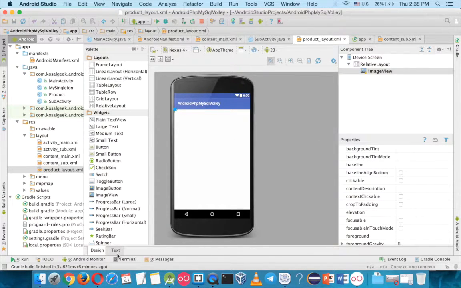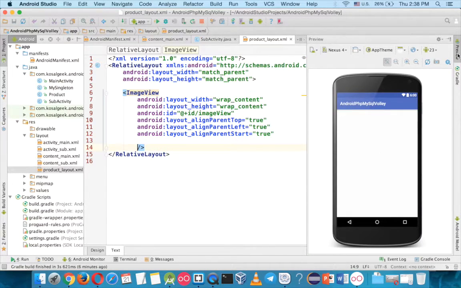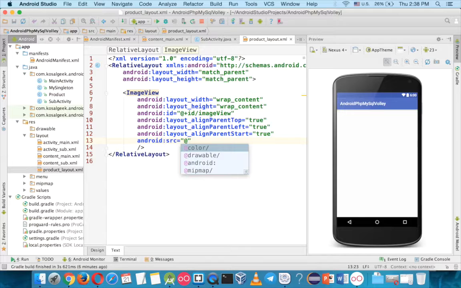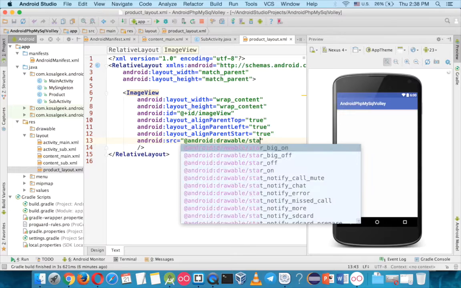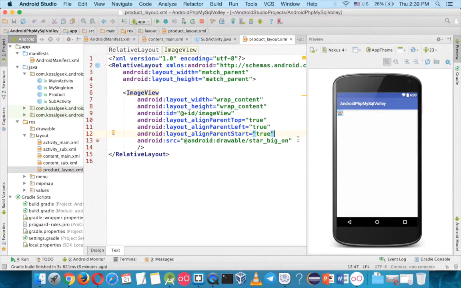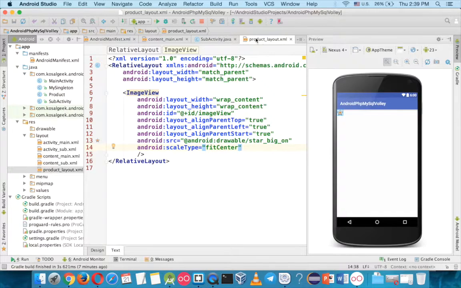So maybe just go to the code better, and you can preview this Android source, and you can use the Android one, drawable, and maybe star, big on, something like this is enough, and make sure that you scale on it. So I will scale maybe fit center. Okay,